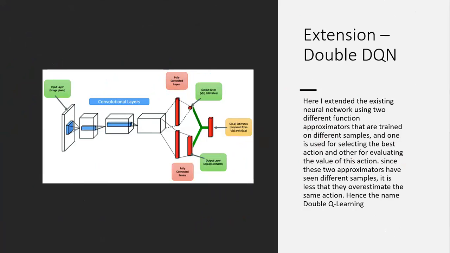An extension to deep Q learning is double Q learning, where we use 2 fully connected layers. In the deep Q learning, we only use a single fully connected layer with the Q learning. But here in the double DQN, we'll be using two fully connected layers. As you can see here,